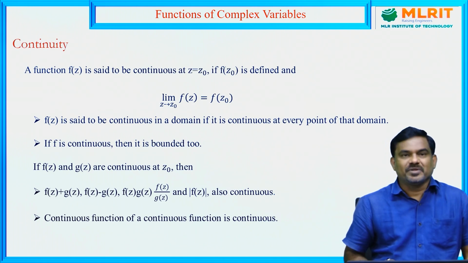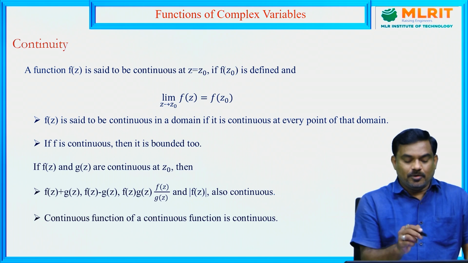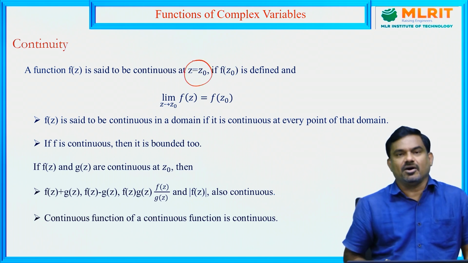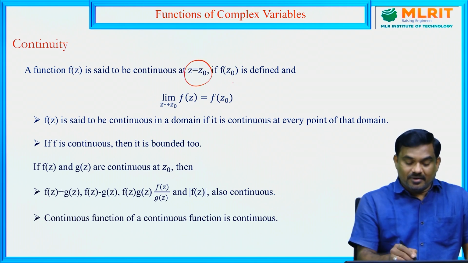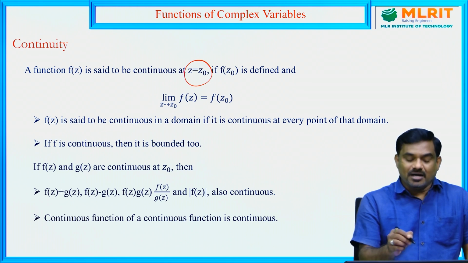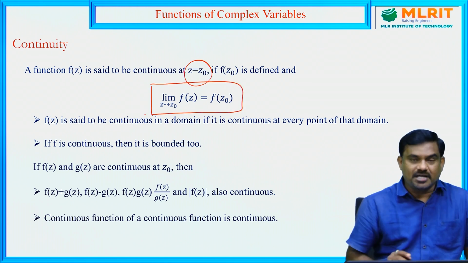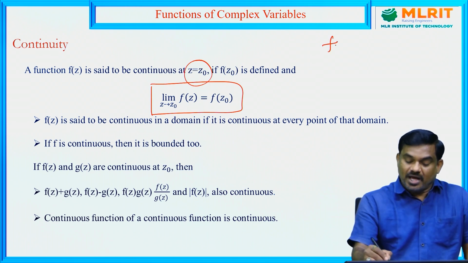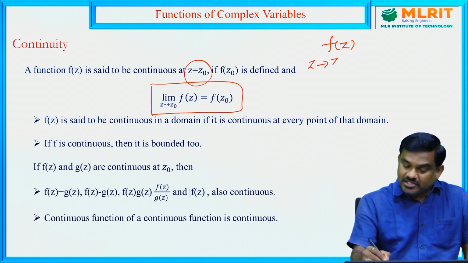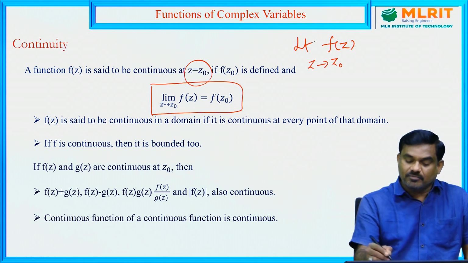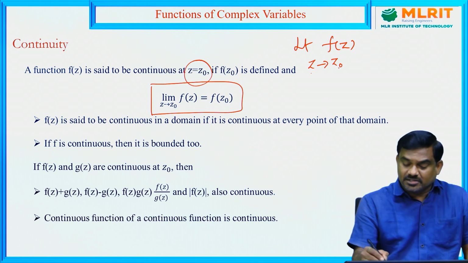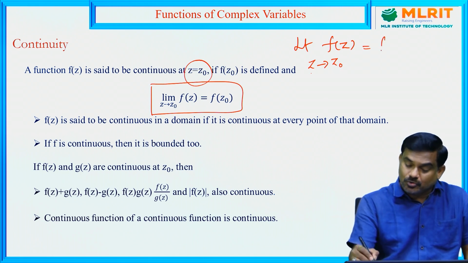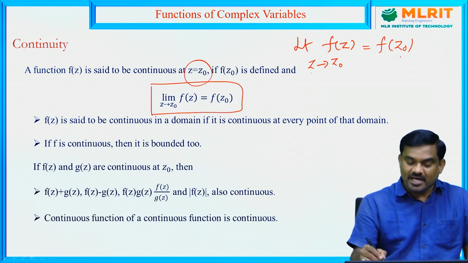And continuity. A function f of z is said to be continuous at the point z equal to z0 if f of z0 must be defined, and also the limit as z tends to z0 of f of z is equal to the value of f of z0. So we have the function f of z, and as z reaches z0, we are finding the limit of this function. As z reaches z0, f of z should reach f of z0. Then the function is said to be